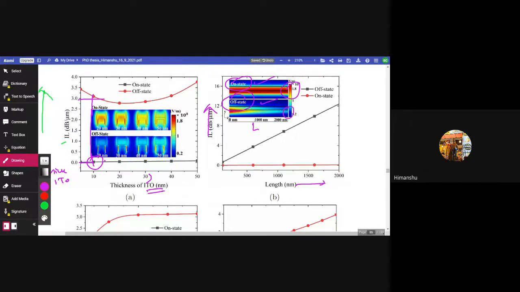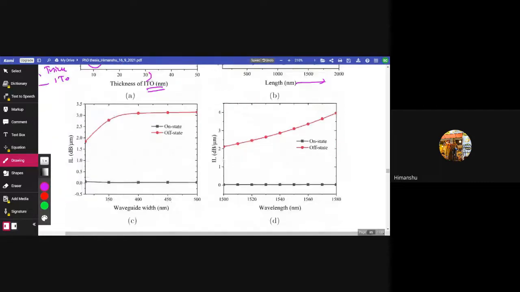And coming to figure 4.6c, it shows the waveguide width versus the IL. So how an increase in waveguide width will affect the insertion loss of the device is shown in figure 4.6c. Here we have taken the width from around 250 nanometer to 500 nanometer, and then we have calculated the loss at on-state and off-state. Here we can see that the loss at off-state increases drastically from 250 nanometer to around 400 nanometer,